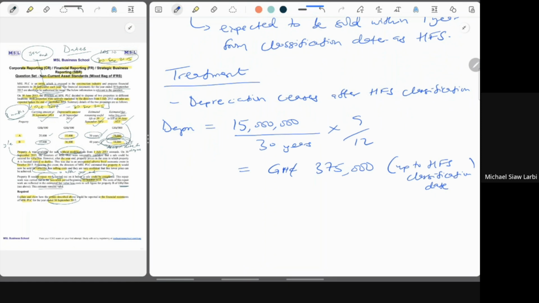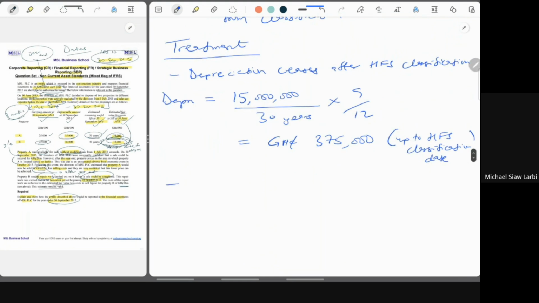Okay. What other treatment do you do once you are able to classify as held for sale? Because you expect the sale to complete within a 1 year period, the standard recommends that you reclassify the asset from your non-current assets to your current assets, or in a separate section of the asset side of the financial position statement. Just find a way to let us know that this is your non-current asset held for sale, right? So we have to do a reclassification, right? So the next point is at what value?